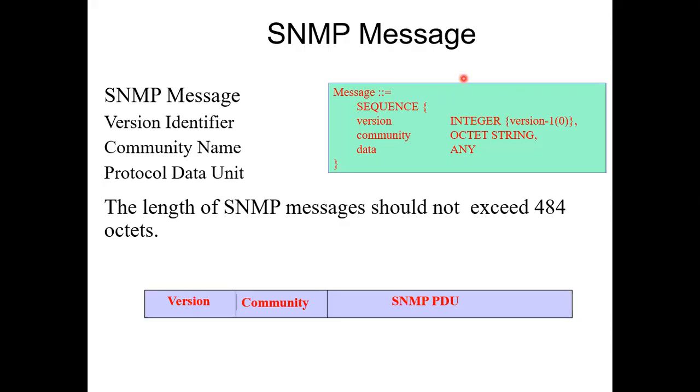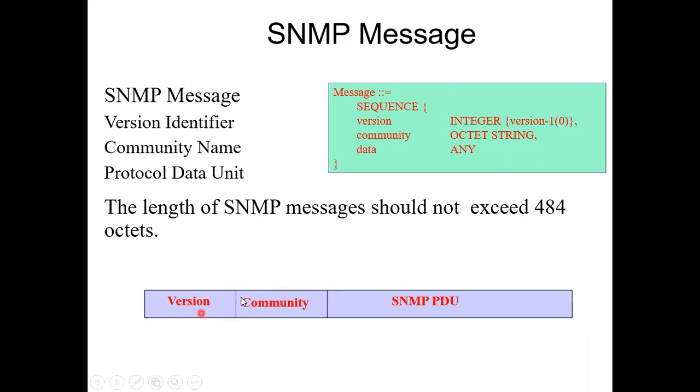So when I get a packet, whether the agent gets a packet or the manager gets the packet, and I know in my network there are all 3 present, version 1 wale bhi hai, 2 wale bhi hai, aur 3 wale bhi hai. So whichever packet I get, the first thing I should know कि वो कौन से version का packet है. Okay, so the first field, see this is very simple, एक ही row है इसमें. We don't have a very big packet structure.